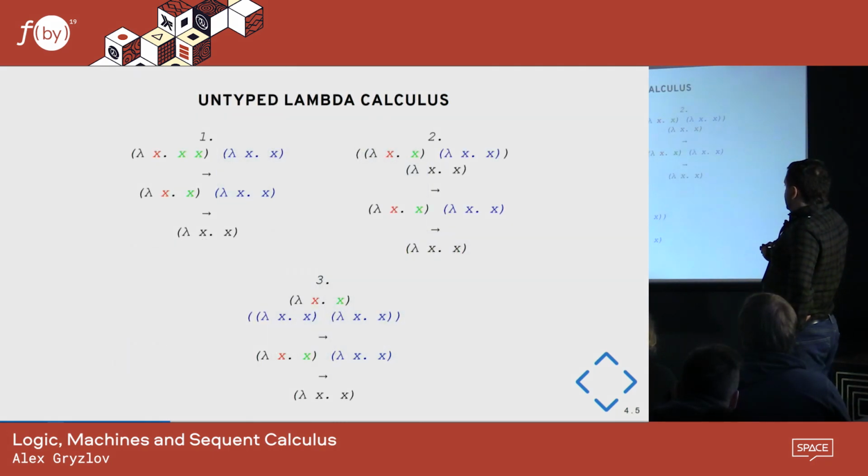So how would we reduce this? I guess this was also talked about today, but basically you substitute the blue thing inside the green thing, for the places denoted by the red thing. So instead of x's here, you substitute this argument, and then you reduce this in 2 steps.